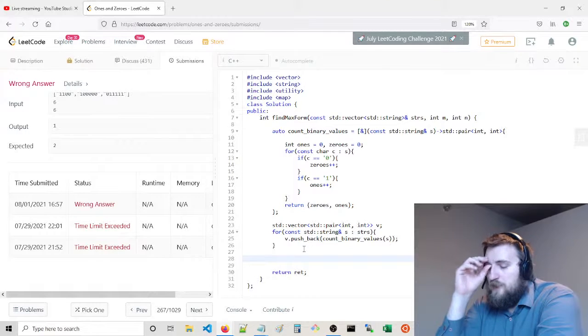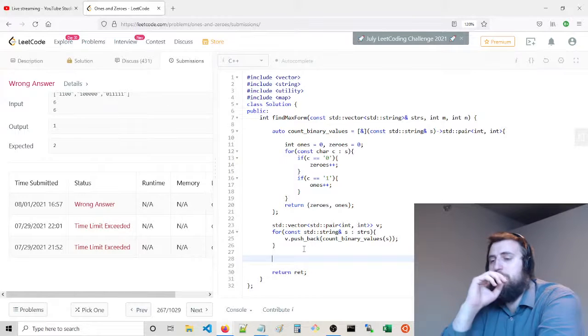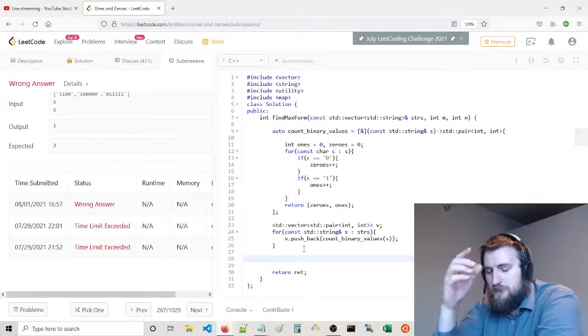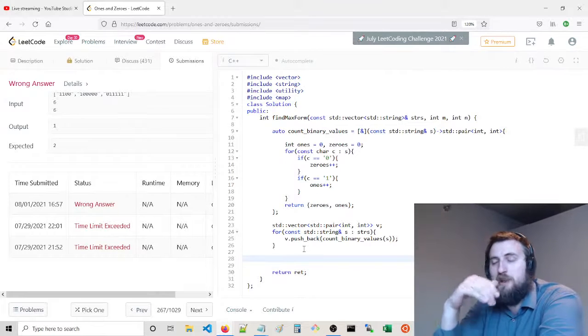So once this has been done up to a certain point, we're going to eventually hit a point where we're exceeding the total number of zeros and the total number of ones. If you decrement those values by the given m and n,